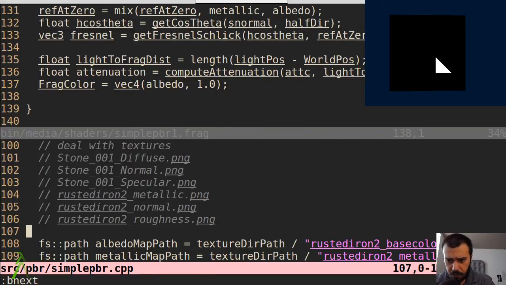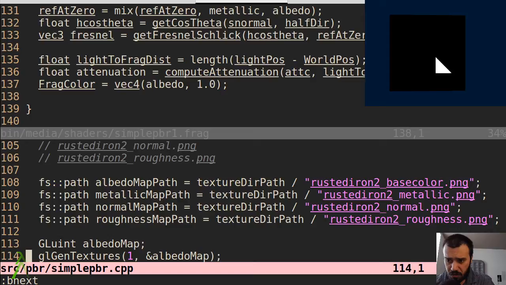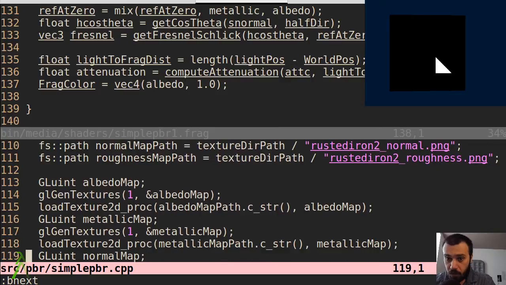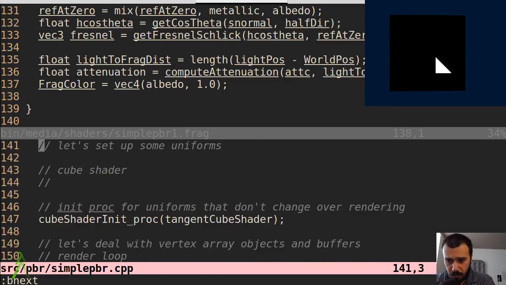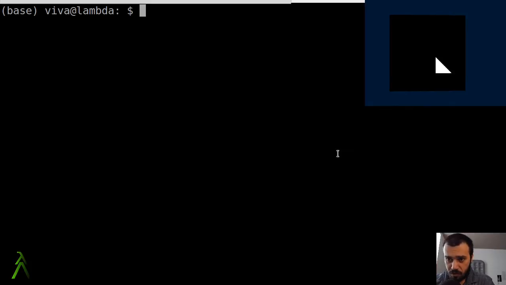Now normally the albedo map contains the base color of the texture we are trying to visualize. So normally we should not have any problem visualizing at least the texture of the object in question. So basic color, simple PBR 1, surprise,